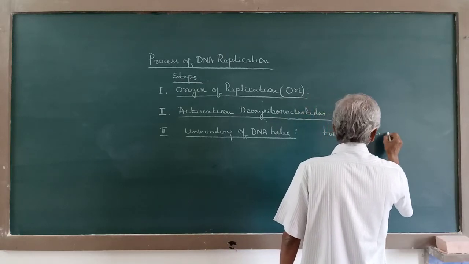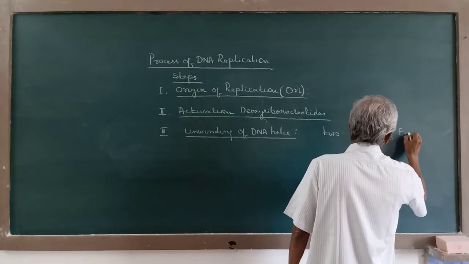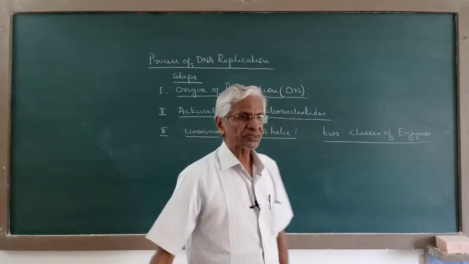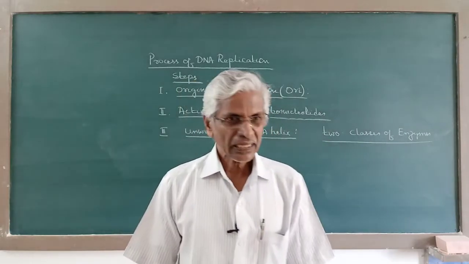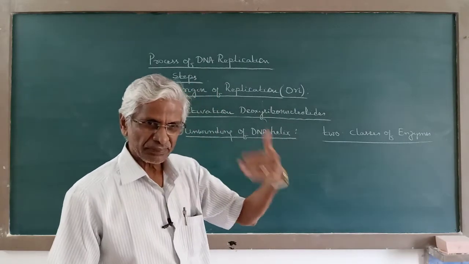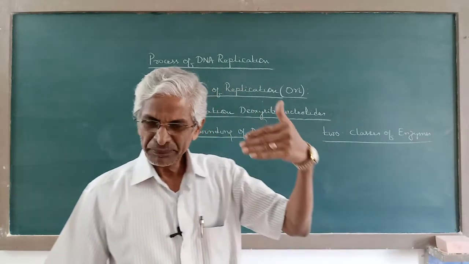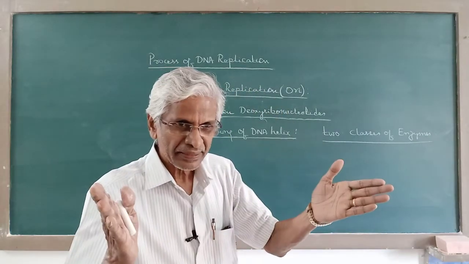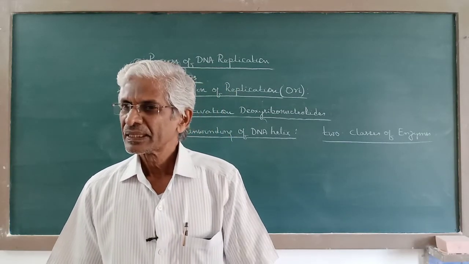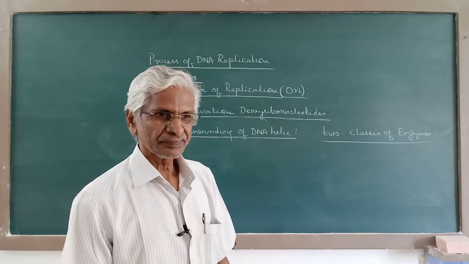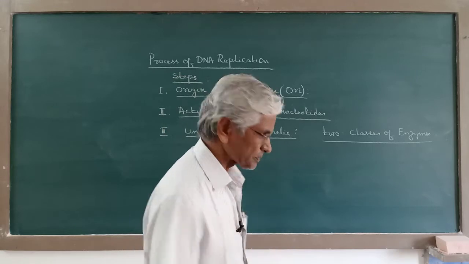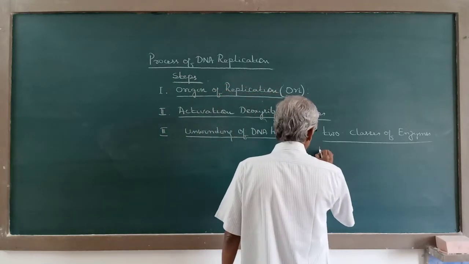There are two classes of enzymes, and these two classes of enzymes, they help in separating, and after separation they are being stabilized so that they remain separate and they do not coil again, and the process can proceed comfortably. Now, this is brought about by two categories of enzymes, two classes of enzymes. Now, these two categories of enzymes are: